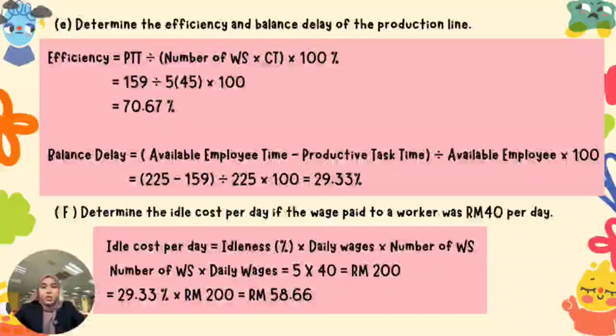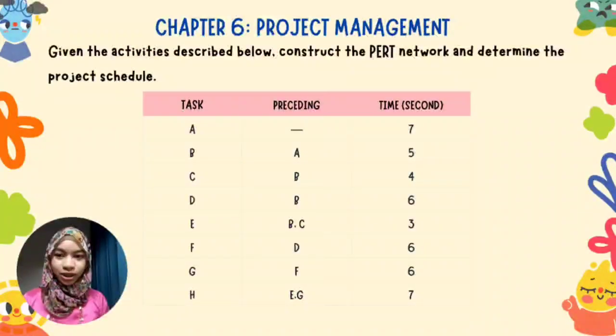In conclusion, the production line has a cycle time of 45 seconds per unit, requires 5 workstations, and achieves an efficiency of 70.67%. Thank you. Now for the Chapter 6 question, we are given 8 activities from A until H along with their